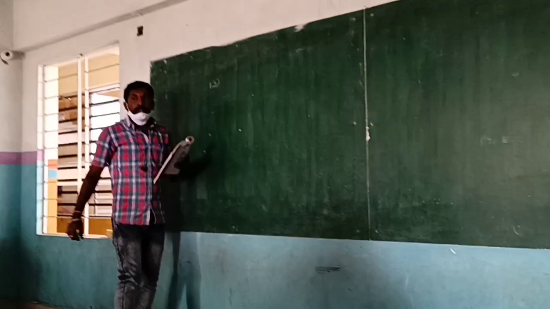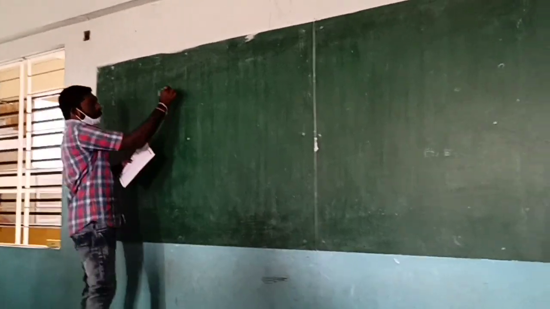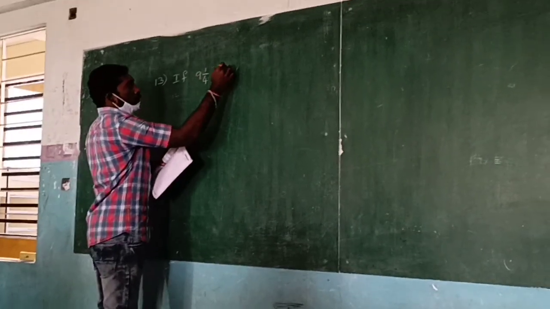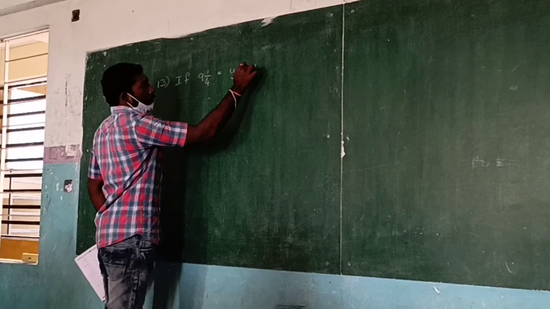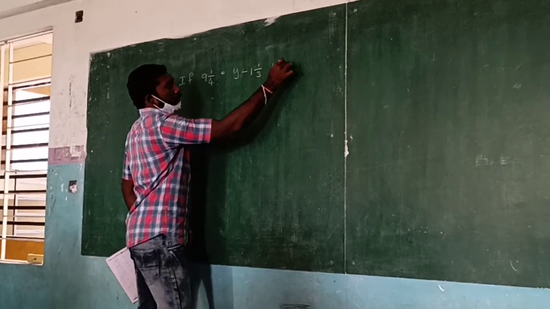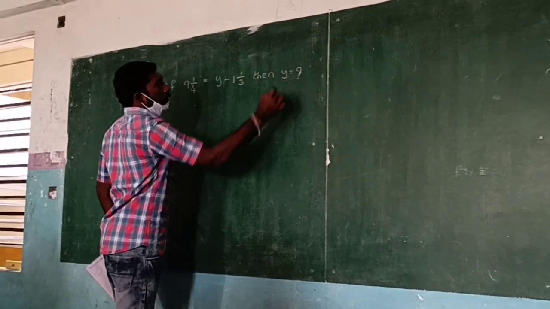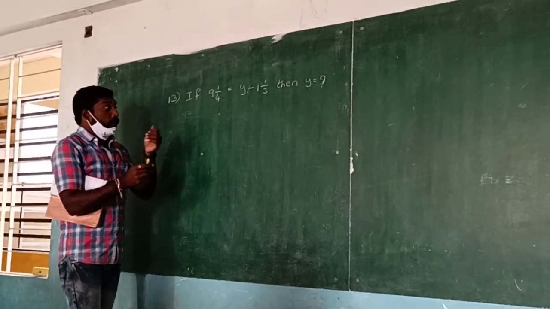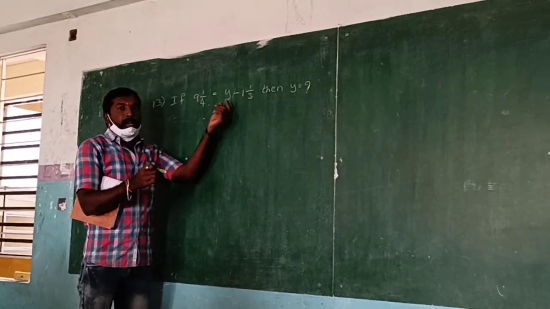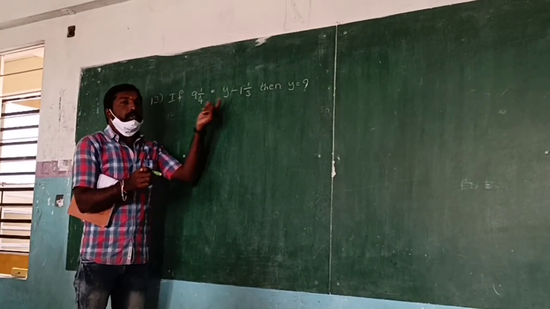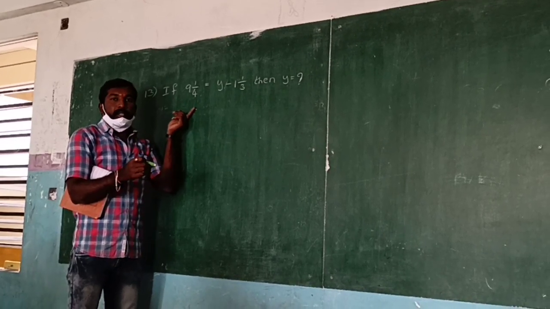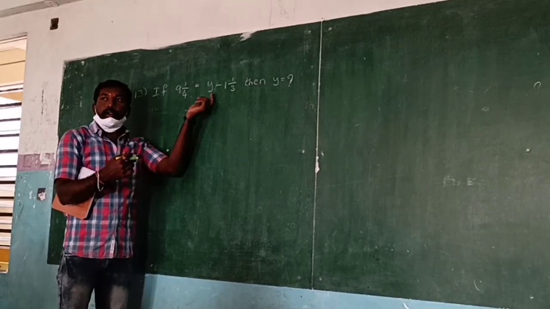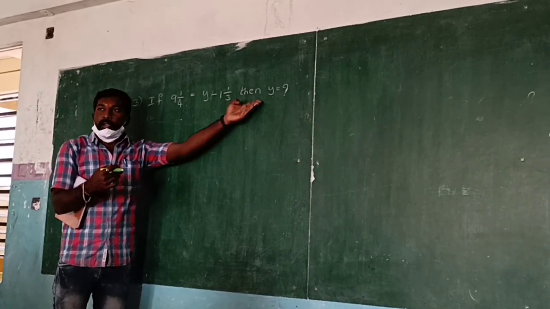Note down now. Next question. 13th. If 9 1 by 4 is equal to y minus 1 1 by 3, then y is equal to how much? That is the question. Okay, now simply what you have to do here? Replacing this 1 1 by 3 to left side. మార్క్స్ సరిపోతుంది కదా నాన్న. ఈ 1 1 by 3 ని ప్లస్ సైడ్ లెఫ్ట్ సైడ్ తీసుకొచ్చేస్తే y వాల్యూ ఒకటే ఉంటుంది రైట్ సైడ్. వాడు అడిగింది కూడా y వాల్యూ.